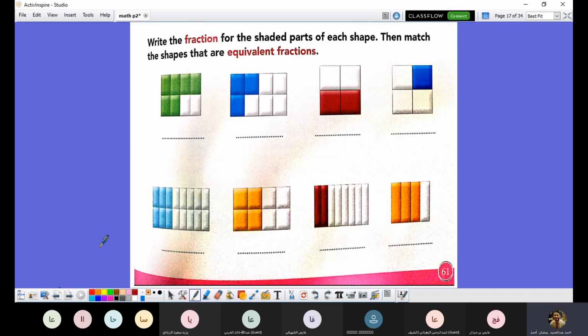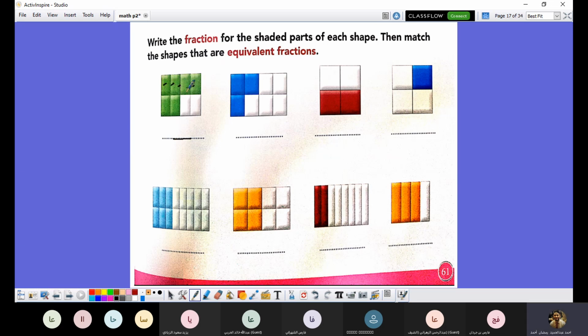Now we have the next example. Write the fraction for the shaded part of each shape, then match the shapes that are equivalent fractions. Now we want first to write the fraction of the shaded part, and the second step we will match the shapes that are equivalent fractions. The first fraction here we have